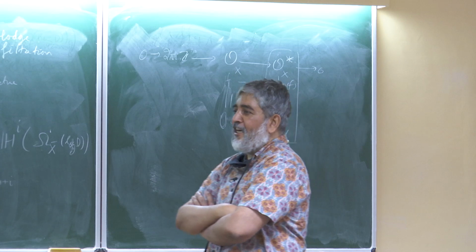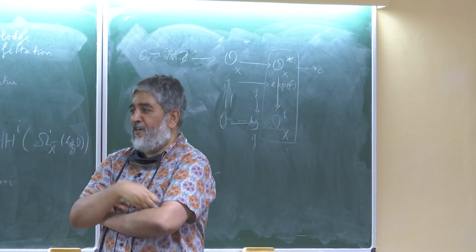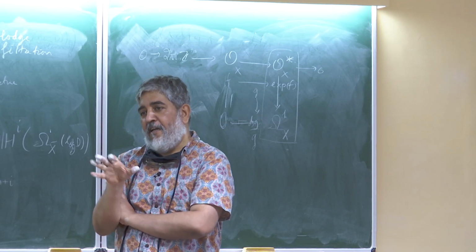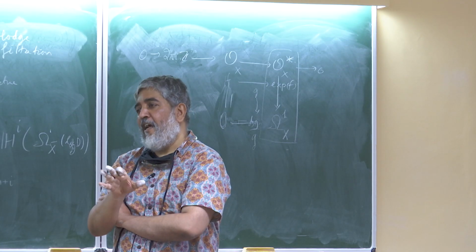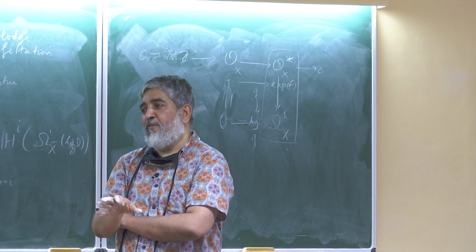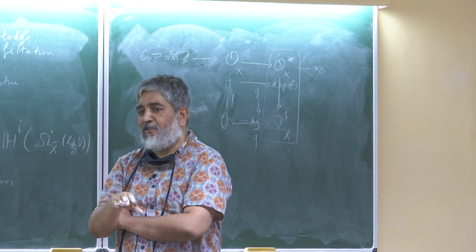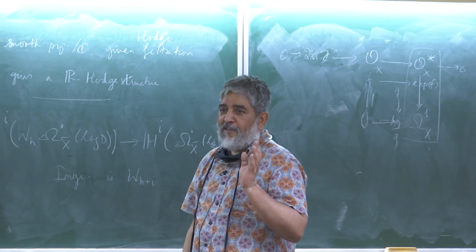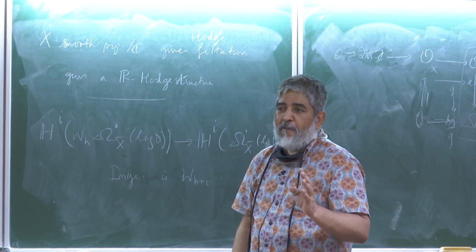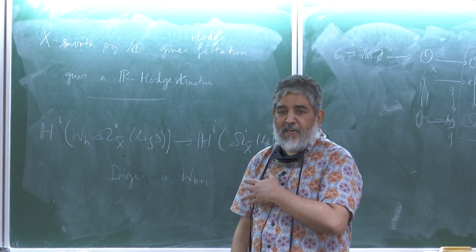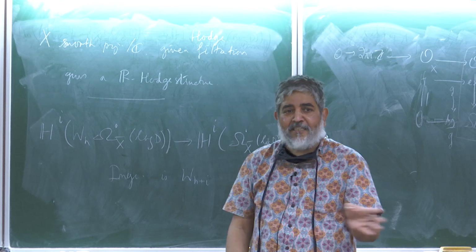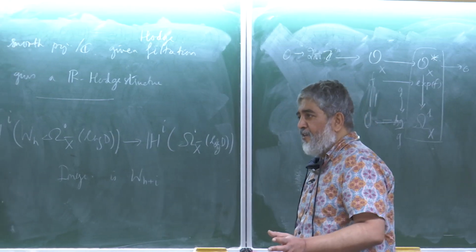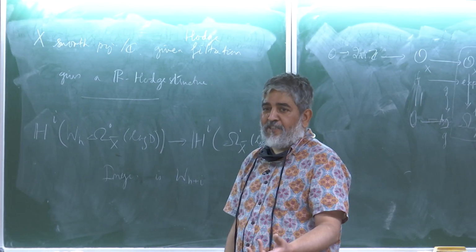The best explanation that I can give at this point is what Srinivas already gave, and which is useful to remember, is that whatever we did today is defined at the level of algebraic de Rham cohomology. So in order to state this theorem, of course, we need to talk about the complex topology. But as such, the definition of the log complex and everything else, as Nitin pointed out, makes sense in any characteristic. So, for example, it works with Q coefficients.